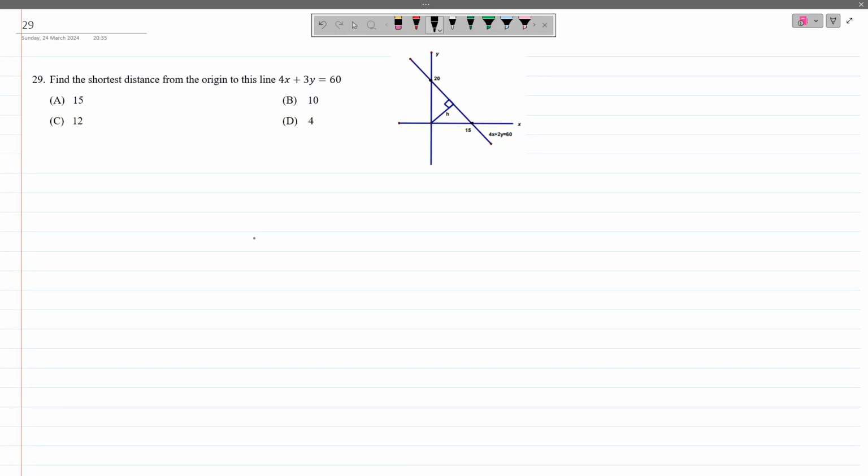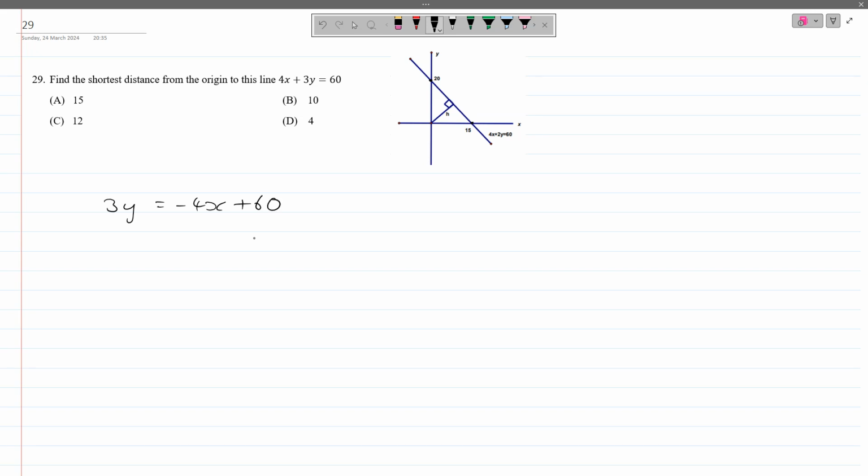Question 29 says find the shortest distance from the origin to the line 4x plus 3y is equal to 60. Now we can see that the straight line has to be perpendicular to the line 4x plus 3y is equal to 60. But before we go that far, let's linearize our function such that we have 3y is equal to minus 4x